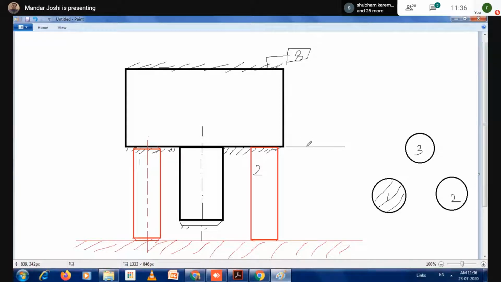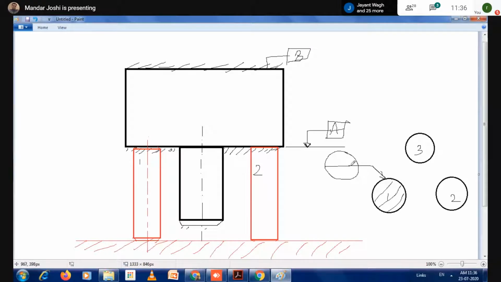Now I need this datum, and that is, let's say, A. Then A is divided into three parts, number 1, 2, 3 pins. So in that situation, how to indicate the datum target? Let's see. We apply one arrow like this and draw a circle here called a balloon.